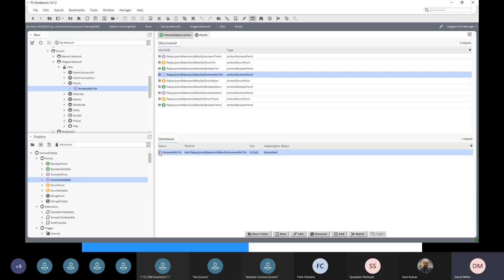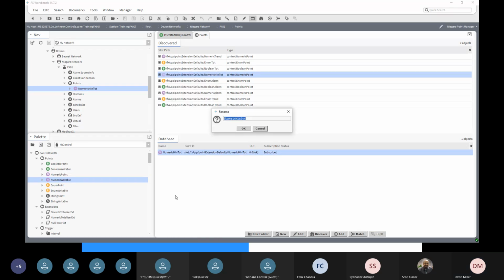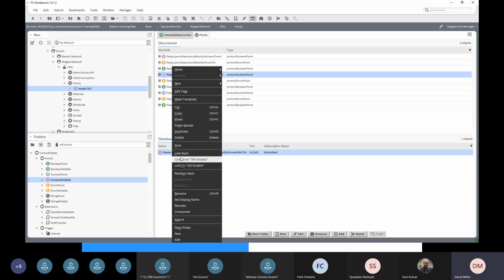Now if I rename that to master outside air temperature, it's currently 0 degrees coming from that remote FX80. I could then take this link mark,